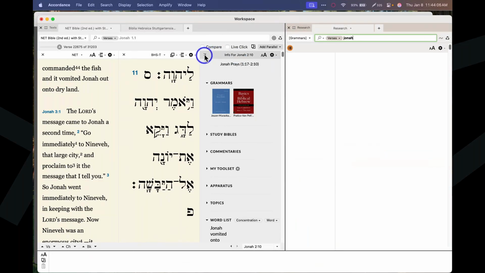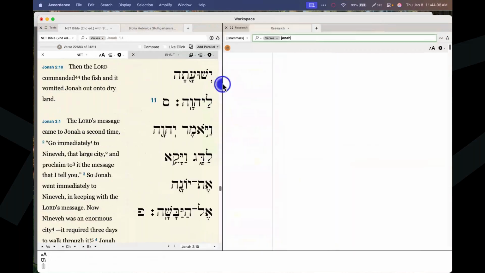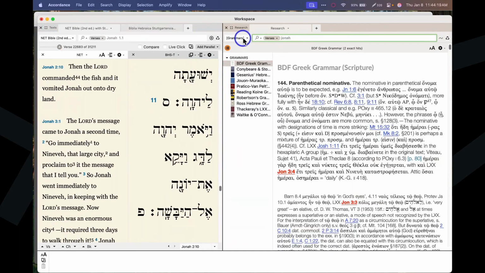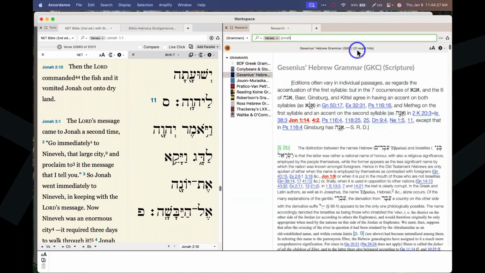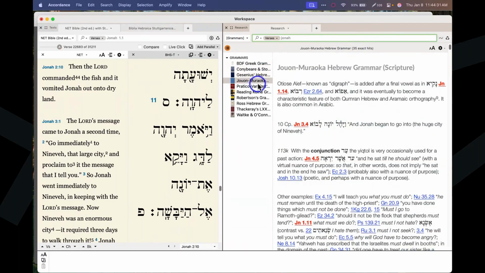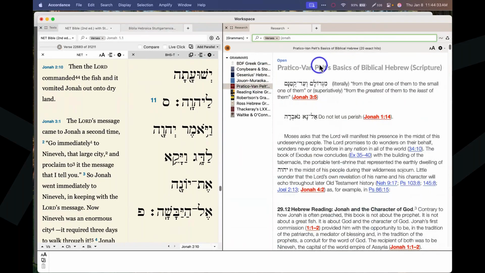Let me close some other windows here. So I'm not searching the word Jonah. I'm searching Jonah as a reference. If you wanted to be sure, you could even just do Jonah 1-4. But I'm just going to type in Jonah for verses and search all my grammars. So I've got some hits in this Greek grammar, which is interesting. I've got some hits in the Septuagint grammar, 31 hits in Gesenius, 35 hits in Joüon-Muraoka,